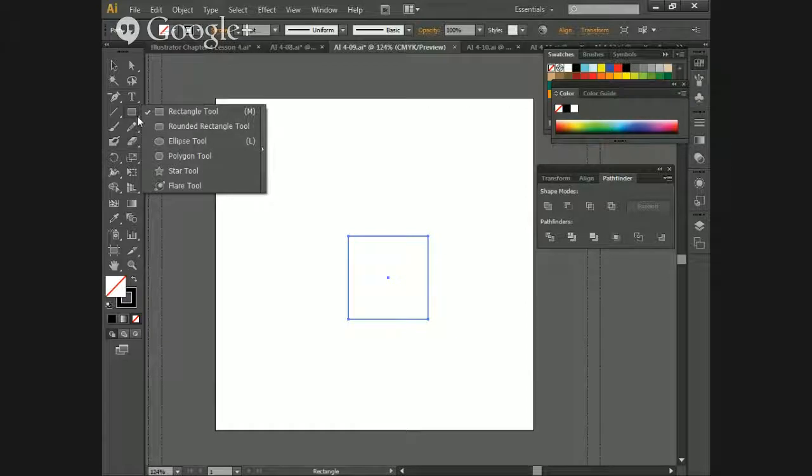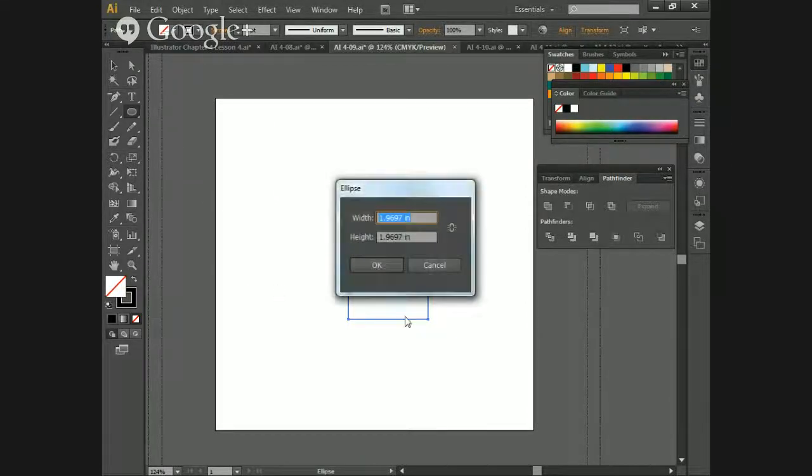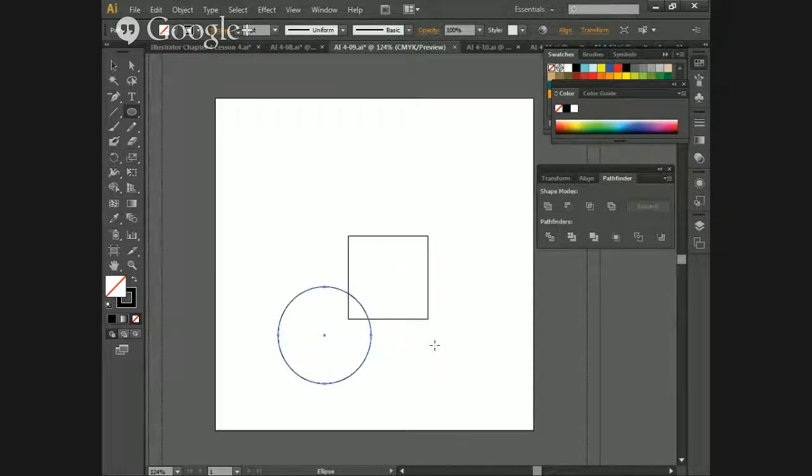We're gonna get a circle, which would be L for ellipse. Click the artboard, and you want it to be 1.75 width, 1.75 height. Click OK. You're going to move your circle up to where your circle at the bottom covers the circle on the side. I don't know if y'all can kind of see that, where your circle meets the